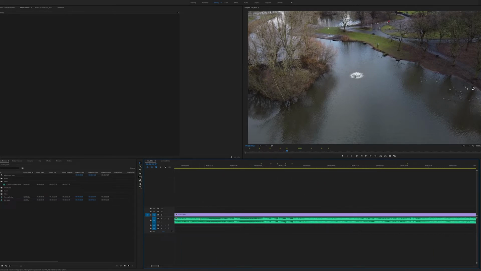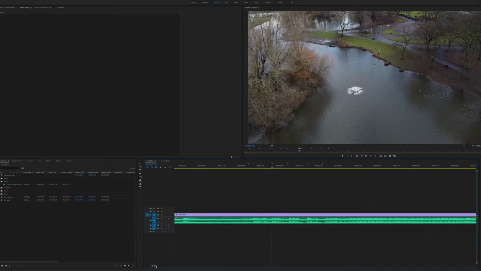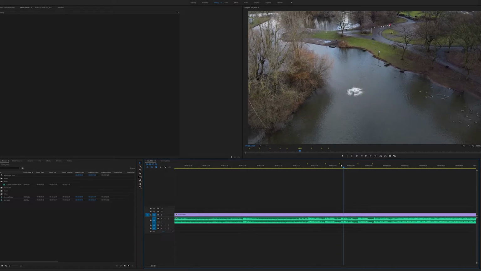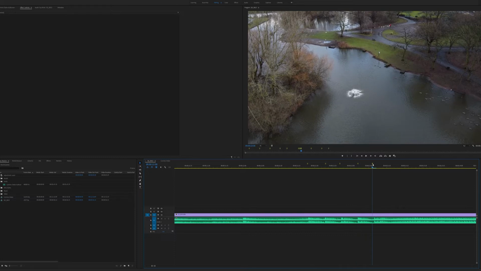We're going to come to these here now. We're going to zoom in a little bit further so we can see what we're doing with these ones. So let's have a look. This one really wants to be a frame over. This one's about right. Maybe we'll leave that one where it is. That one's fine. And that one's a bit early, so maybe we move the marker to there.